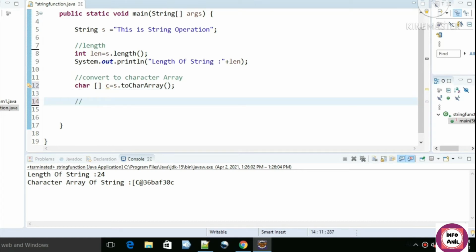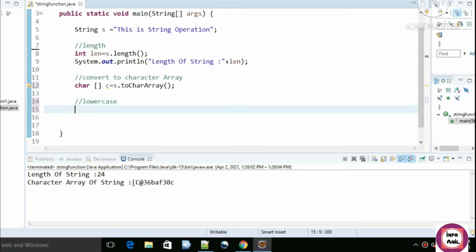The third function is to convert the string to lowercase.